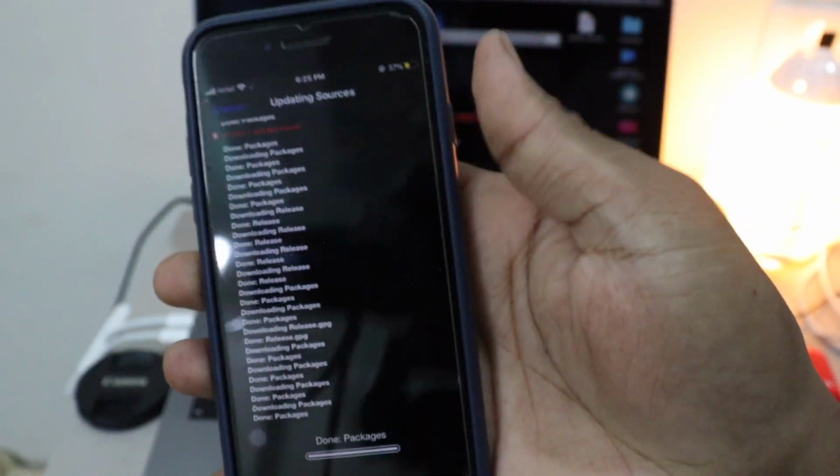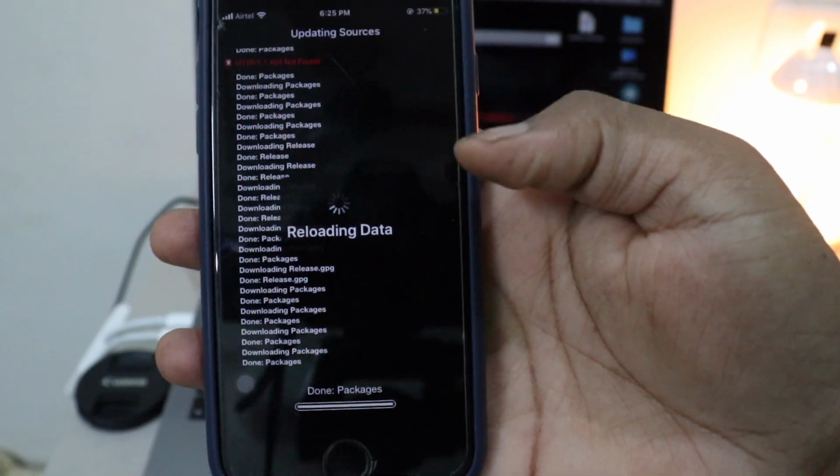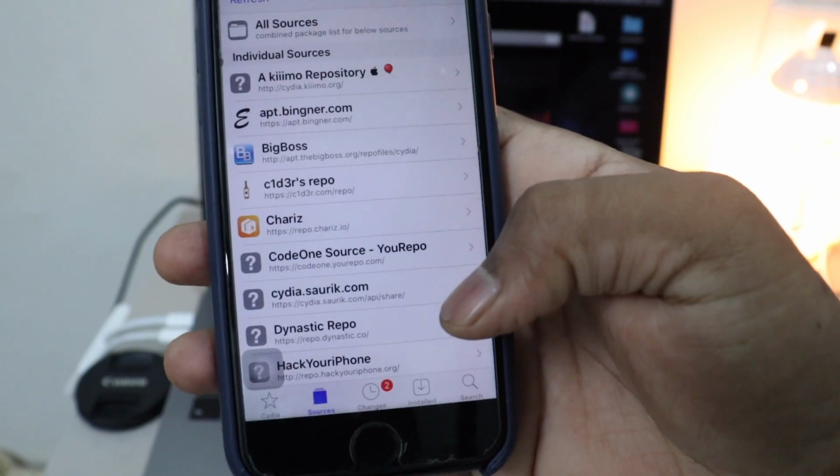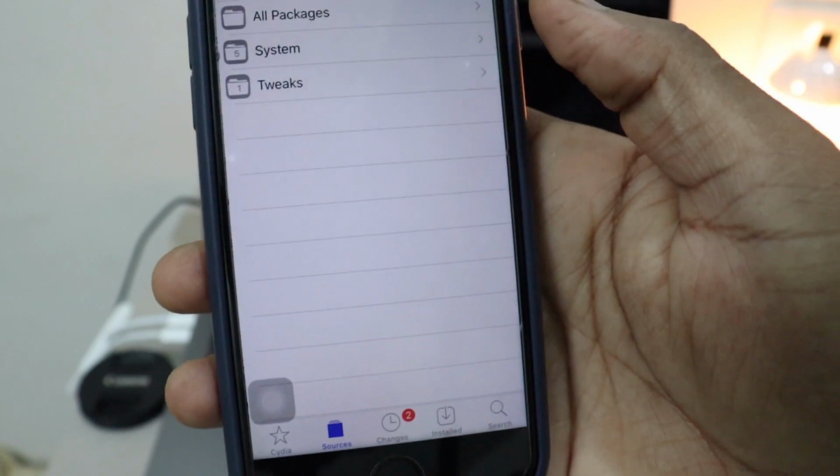If you're stuck somewhere like this, just go ahead and click that cancel button. That means return to Cydia and just find that repo somewhere. Yeah, there we go, it's here.